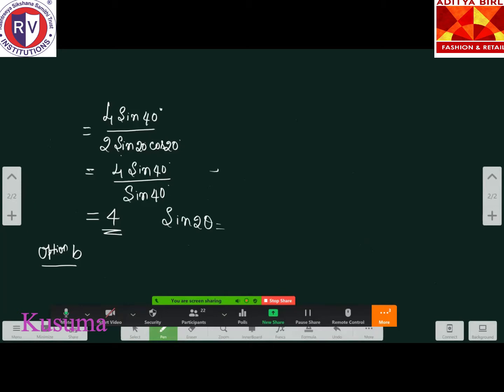So note that sine 2 theta is 2 sine theta cos theta, right? So what is theta here? It is 20 degrees. So this will take the form sine 2 theta. So that is sine 2 into 20. So that will give you sine 40 degree. So in the numerator there is sine 40 and in the denominator there is sine 40. They both will cancel and what is left out is 4. So that will be the value of root 3 cosecant 20 degree minus secant 20 degree. Clear? Yes, ma'am.